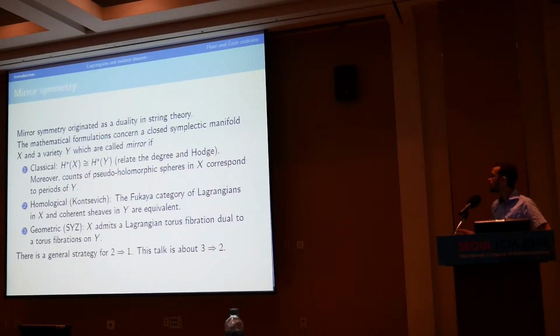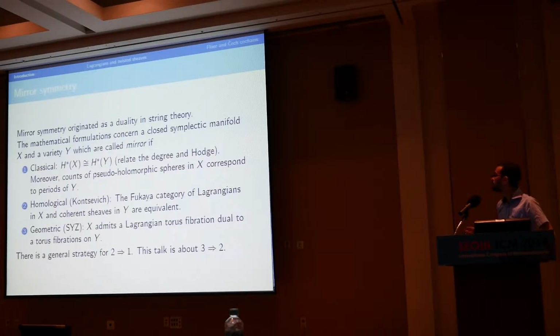And so, in a way, the hope is that this picture would make mirror symmetry into a tautology. You hand me a symplectic manifold, I think about it, I try to produce a torus fibration, I construct the mirror, and then everything above should follow. So, this talk is about how far we can get in proving these two versions of mirror symmetry, but really mostly this one, that's what I'm focusing on, from the geometrical side.